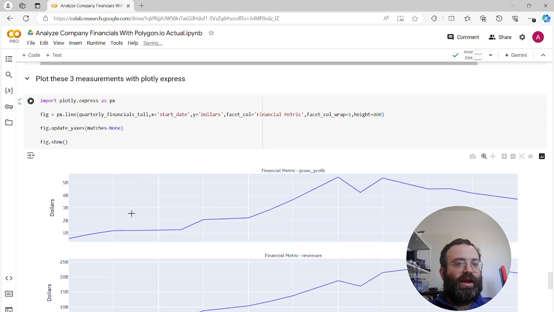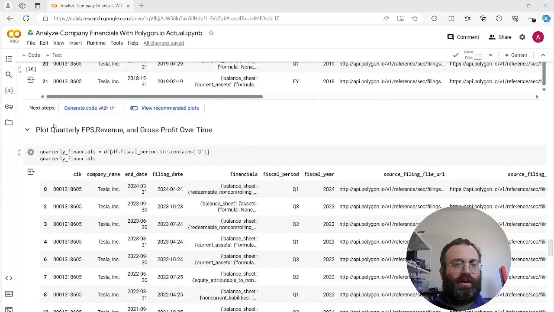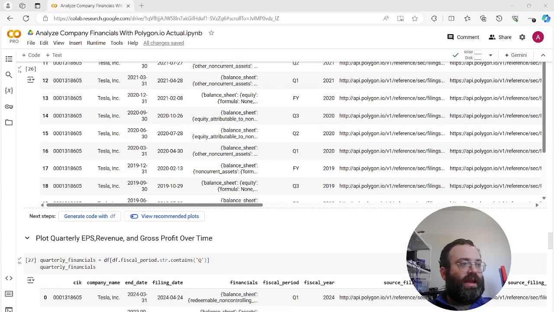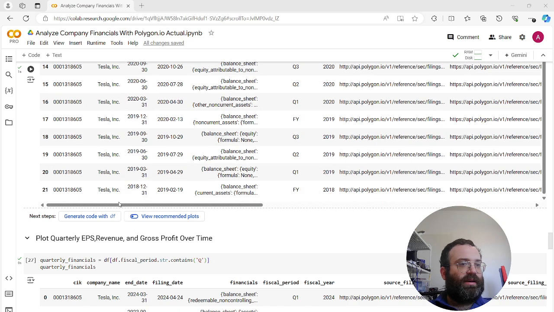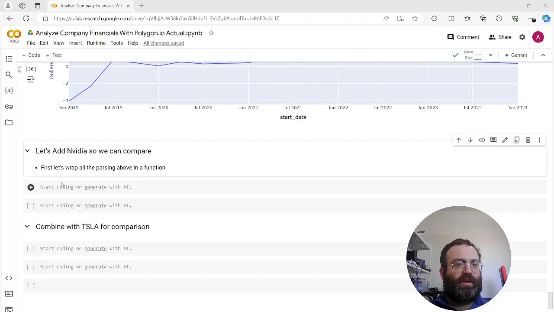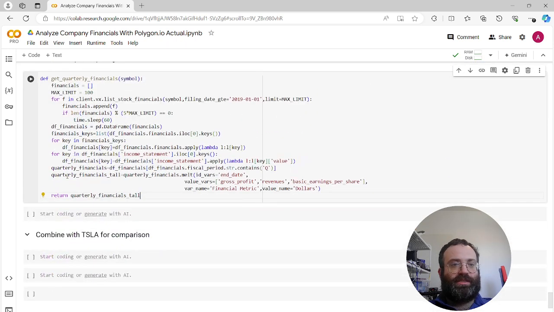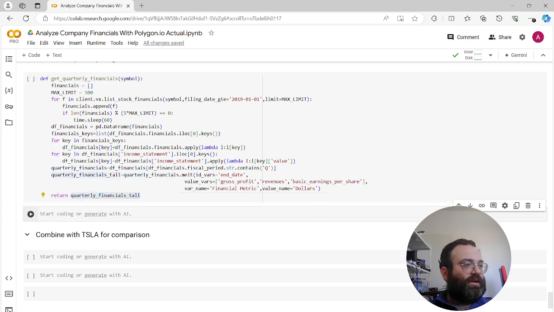So now I want to add NVIDIA for comparison. So I'm just going to wrap all the things we did above, to basically get financials for the ticker, and then create a data frame, get the keys, loop through them, and extract eventually the revenue, gross profit, and earnings per share. So let's do that. I have that function ready, so I'll just paste this. So I call it get quarterly financials. And then it also returns the tall format. Okay, so let me call this function